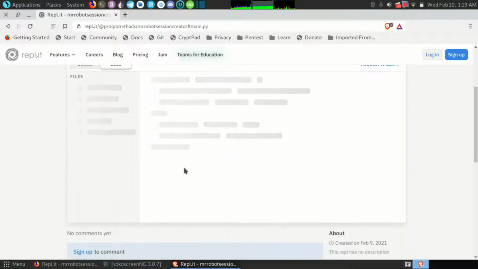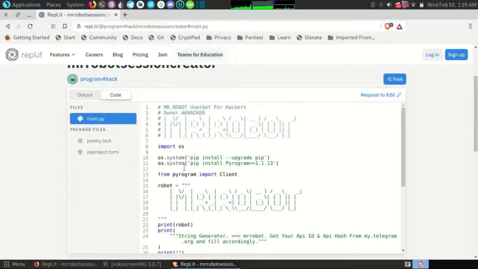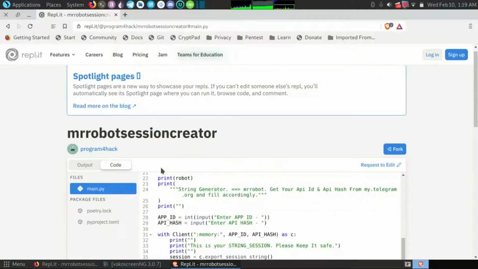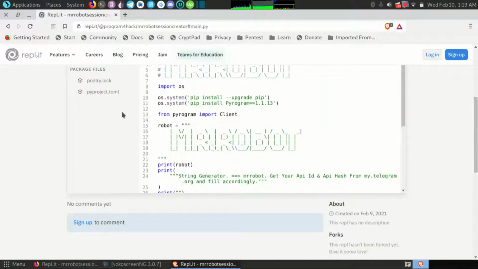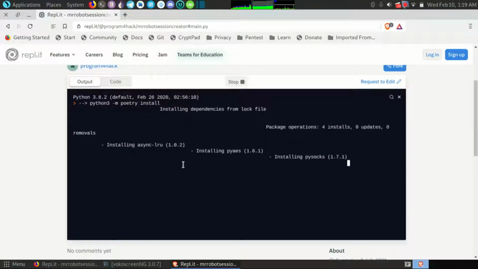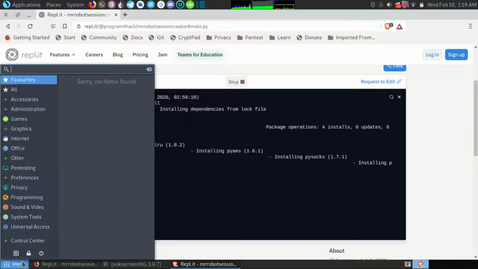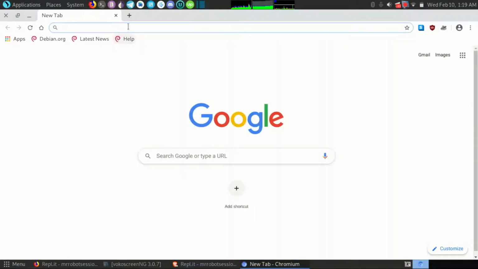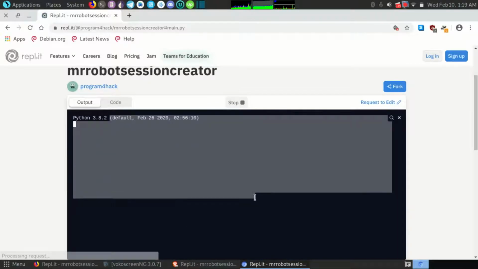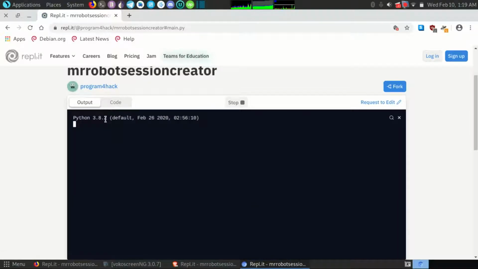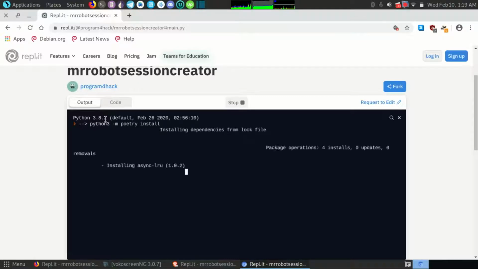If I show you the code, you can see the code is the same, it is not changed. You can match it with the other code. So here you can see the output is displaying, but in the Firefox browser the output is not displaying. If you use the Chrome browser, it will also work. Chrome browser also displays output. If I run this script in Chrome browser, you can see that it is also displaying the output. But the error is that the Firefox browser is not displaying the output.